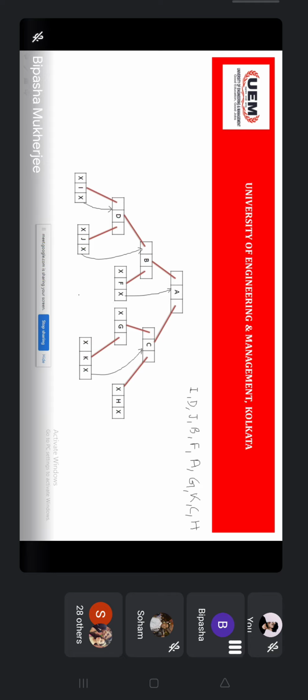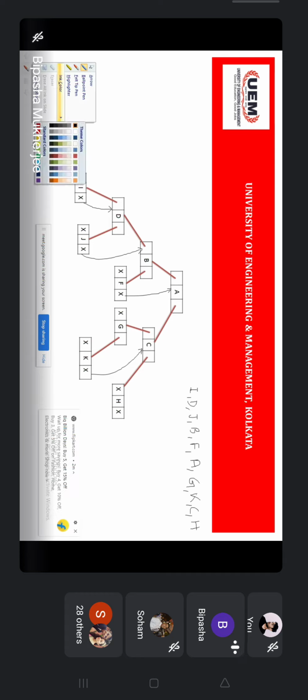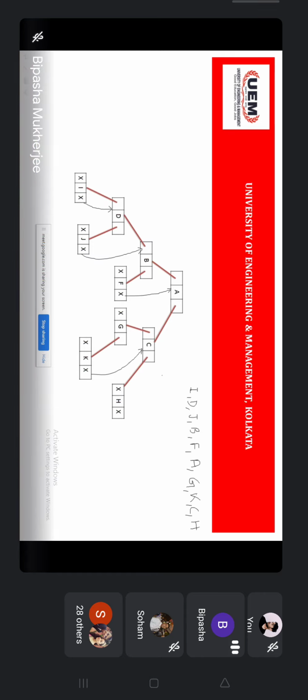Okay. Now see, if you use the single thread, still there is something pending. So what you can do now, you can use these left pointers that are pending. And left pointers are supposed to be connected to the in order predecessor. So for the I, is there an in order predecessor?